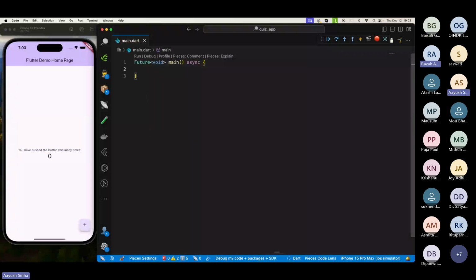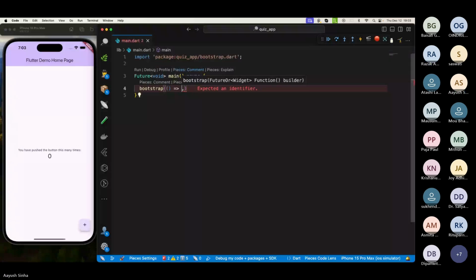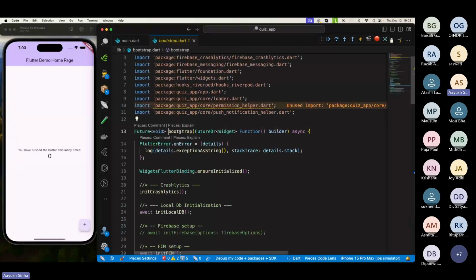Now from here I will just call the bootstrap inside that quiz app. So we have the bootstrap.dart. Inside that we have a bootstrap function which is accepting a builder, which takes a function which returns a future of widget. So here we are returning